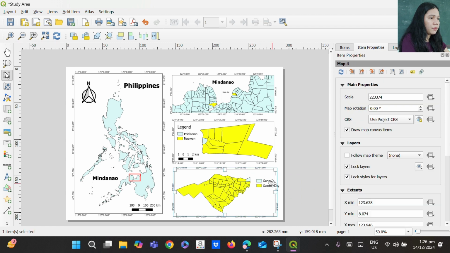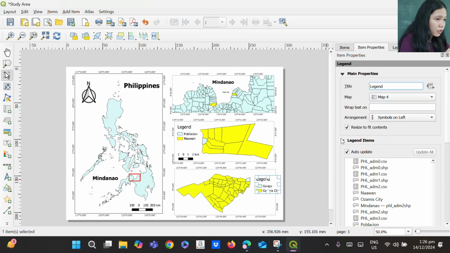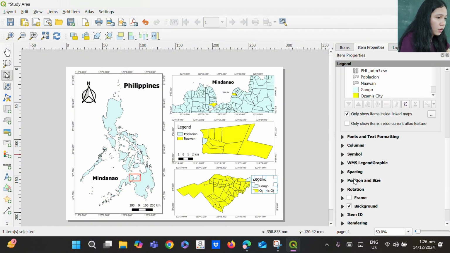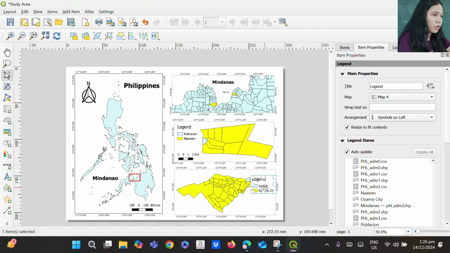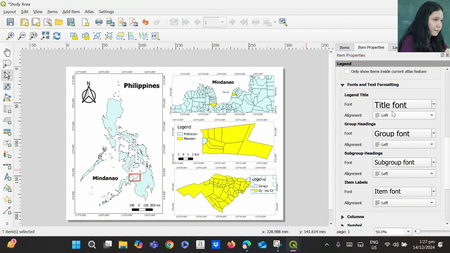And we have the Kangong Samis. You can add your title. Then after that, just move your legend text box. You can also click the background. You can also edit the font and text of your legend.